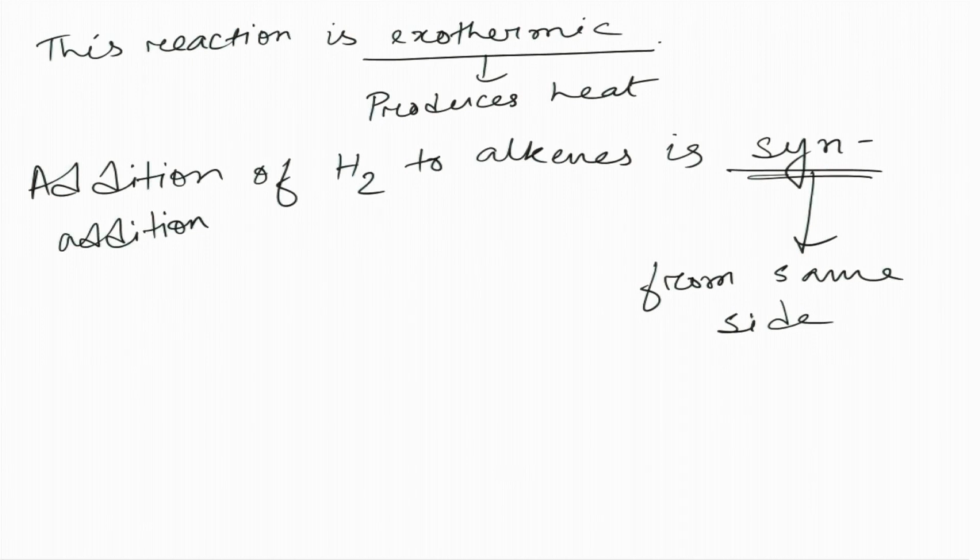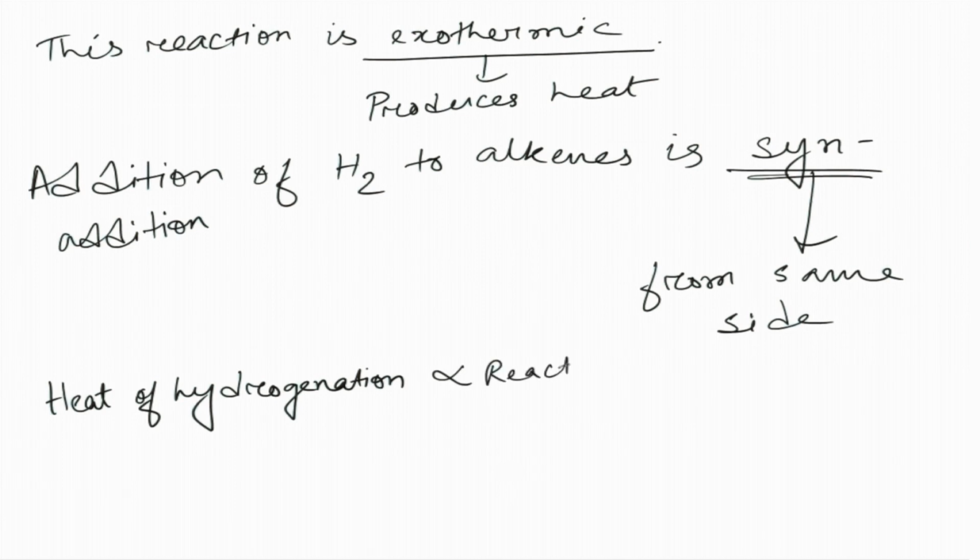And about the heat of hydrogenation, what will be the amount of heat of hydrogenation and its relation to the stability of alkenes is like this. Heat of hydrogenation is proportional to the reactivity of the alkene with H2. So, of course, the more reactive the alkene is towards hydrogen, the more will be the